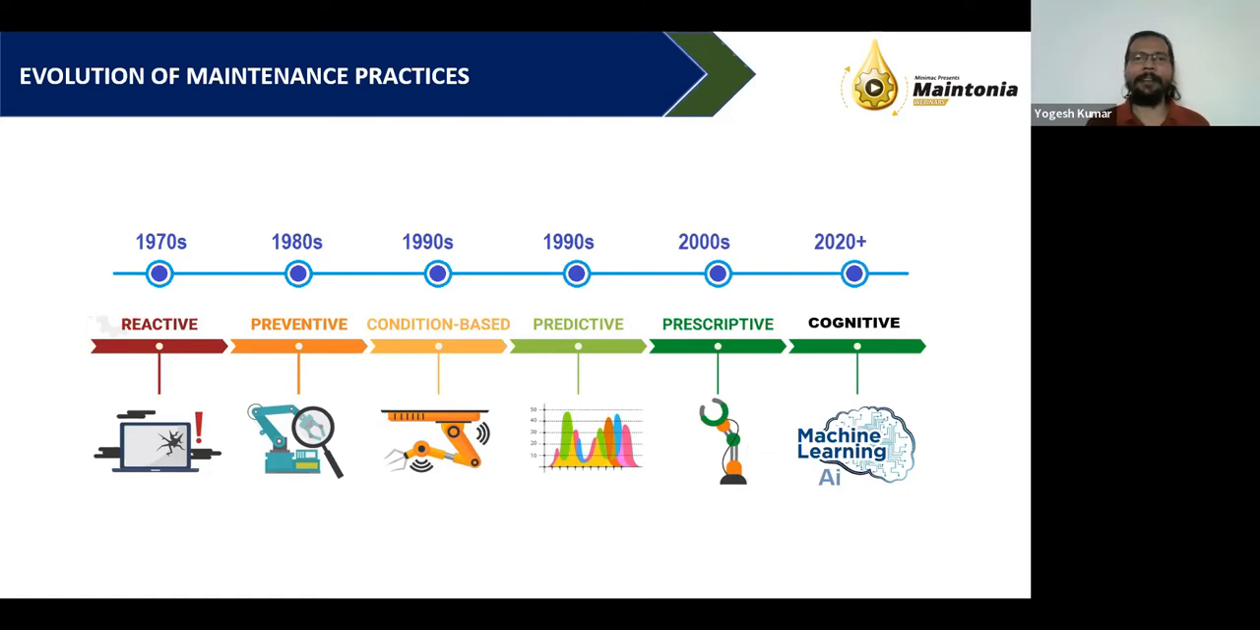Like in the 1970s, we started reactive maintenance, run it till it fails. When it fails, we will rush to the site to maintain it. Then it came to preventive maintenance, stop the failure. Then in the 1990s, condition-based maintenance like shock pulse meters and other things came into the picture. At the same time, predictive maintenance also was introduced because